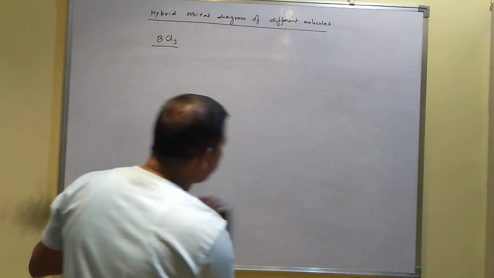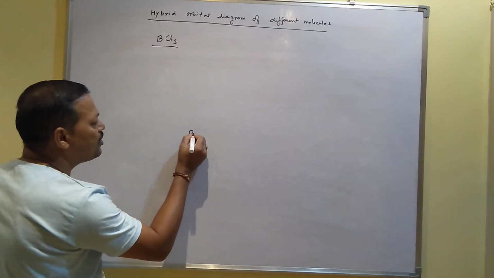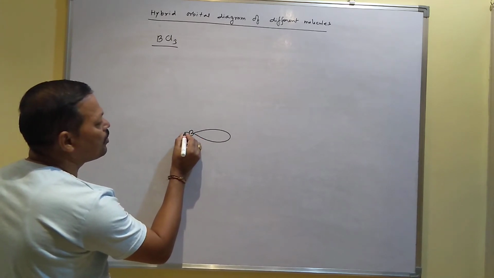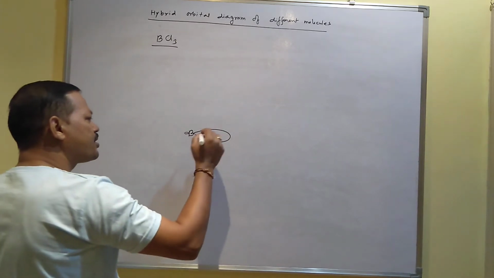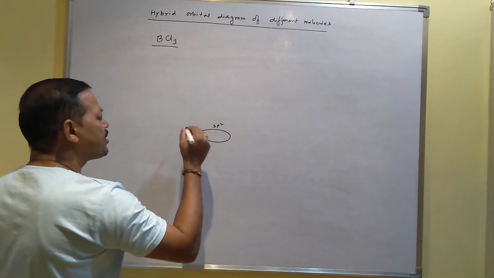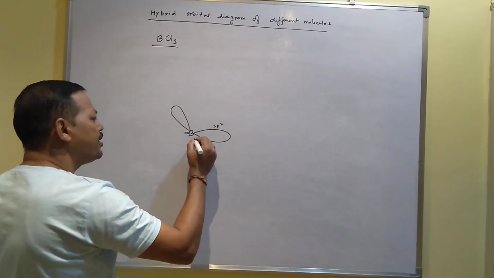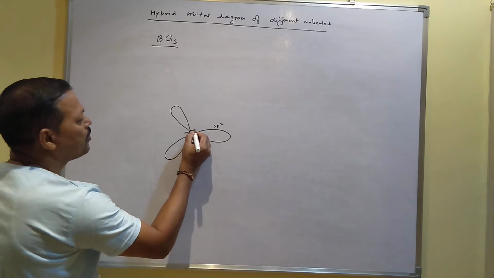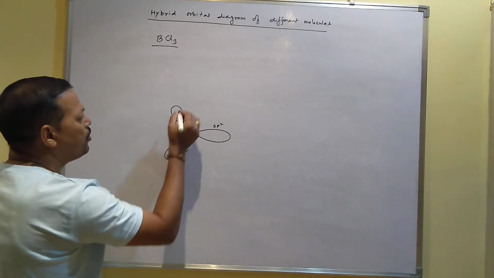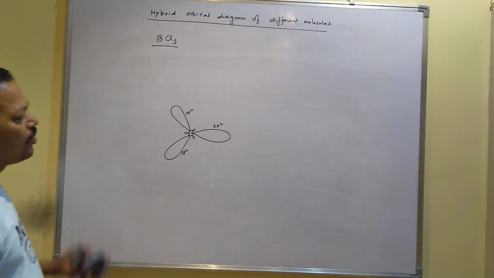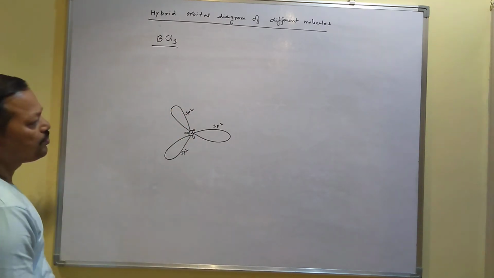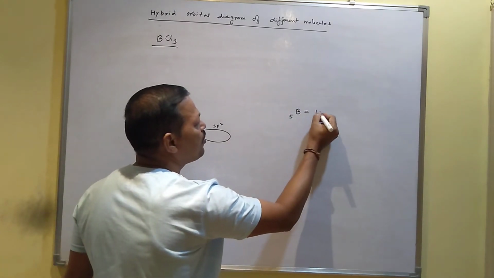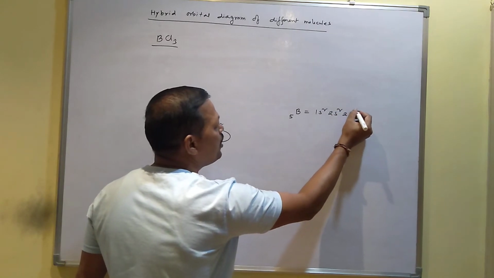When boron undergoes sp2 hybridization, at the center you write boron, and the sp2 hybrid orbitals are trigonally arranged. If one sp2 is present like this, another sp2 will be present like this, and another sp2 like this. So these are the 3 sp2 orbitals of boron, which are trigonally arranged. And you know the configuration of boron, atomic number 5, is 1s2, 2s2, 2p1, I mean 2px1,